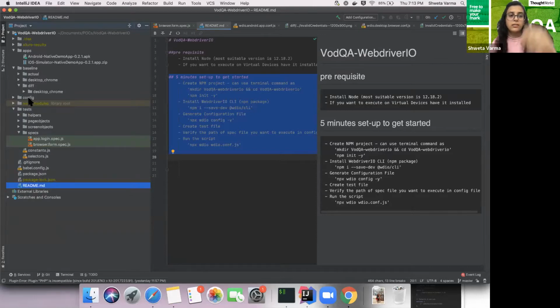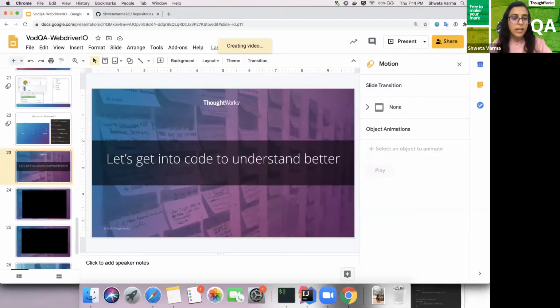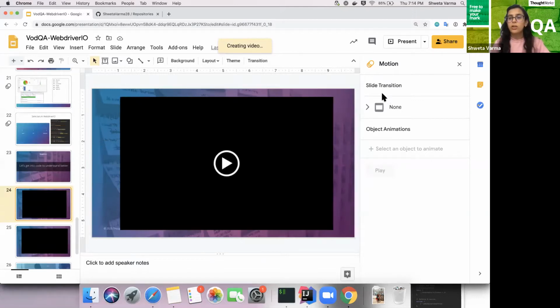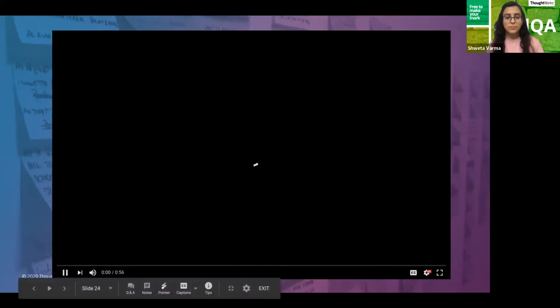So now let's just try to execute one of the things. Since I'm using a lot of things right now, like Docker, and I am having the Zoom, I have recorded it just before the starting of this talk. I'll just play that and we can see how it is working.